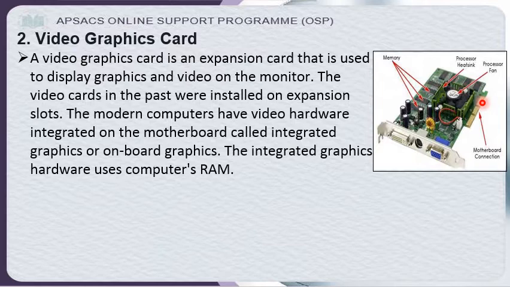Previously, we got a plain motherboard. Why am I saying plain motherboard? Because only the motherboard was there, integrated devices were not there. It does not have a VGA, it does not have a sound card, it does not have a network interface card, it does not have a modem. So we were required to buy these cards and put them on an expansion slot at that time.